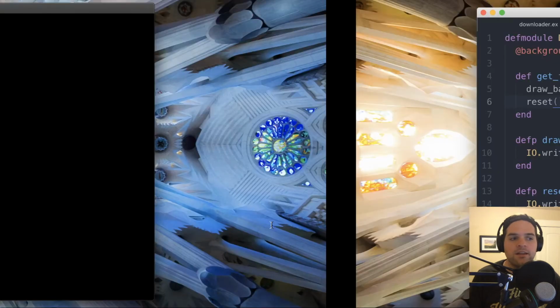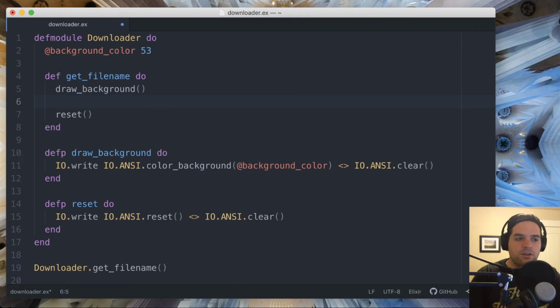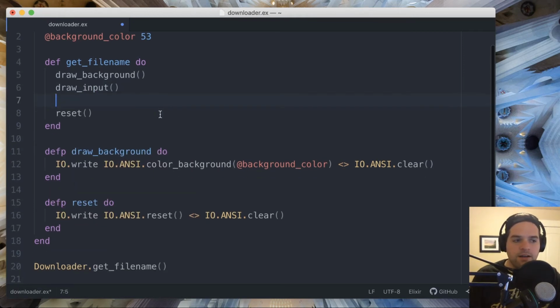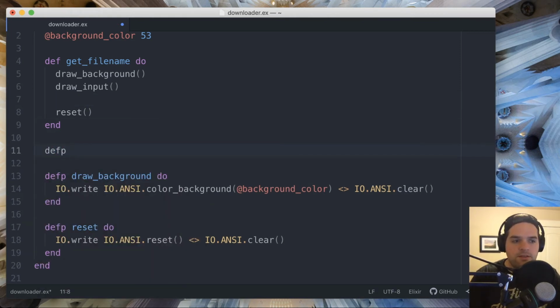So let's go ahead and print out our label and input, and then we'll use io.read to wait for the user to enter a file name, and that way it'll stay on the screen until we're done. So in our get file name, let's call a function called draw input, and this will actually draw the input box that the user will be able to type into. So we'll just put that right here, say def p draw input,